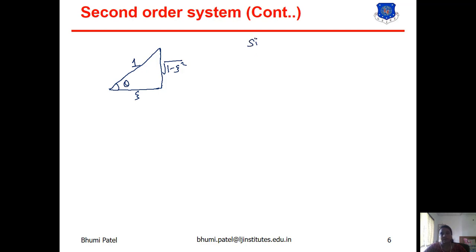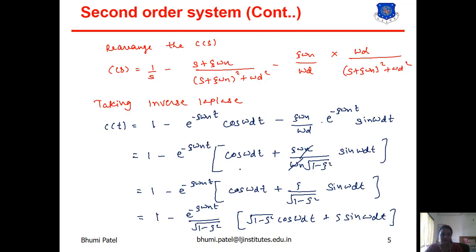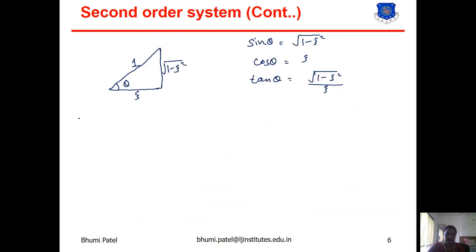So here sin theta is equal to under root of 1 minus zeta square upon 1, and cos theta is equal to zeta. Tan theta is equal to sin theta upon cos theta, means under root of 1 minus zeta square upon zeta. So put the value of zeta and under root of 1 minus zeta square in this equation, we can get